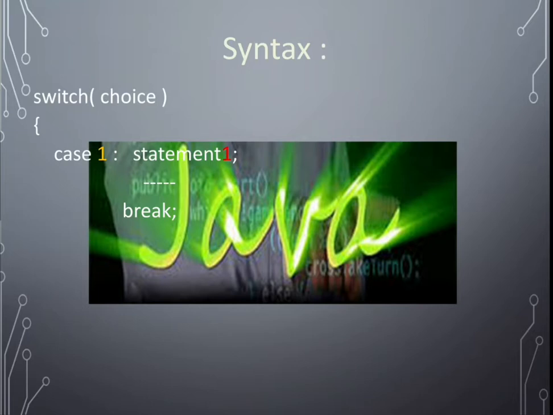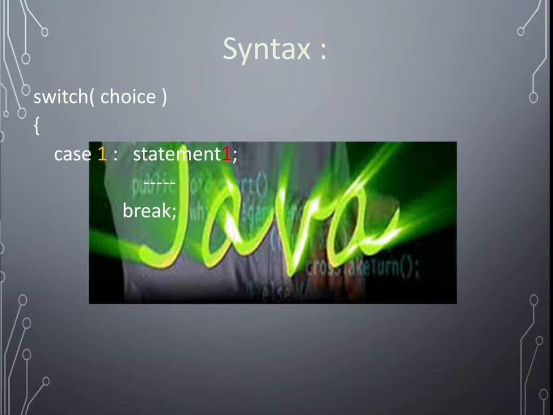Break is used to end the switch, because if we ordered just a cup of tea and somebody provided 5 or 10 dishes, we are not supposed to pay for them. We pay only for what we ordered, that much only. That's why we have to stop the switch at that time.